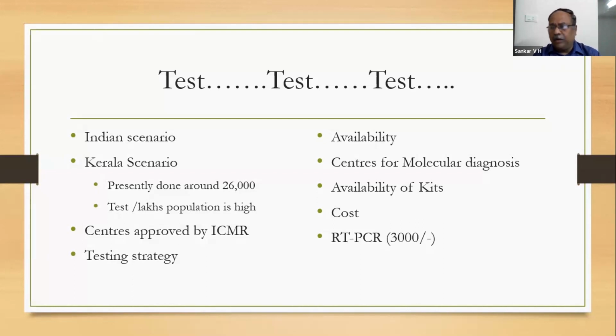Centers for molecular diagnosis, I already told you, are now available. And availability of kits is also a problem because kits are not freely available. They are actually coming through ICMR. So there are some limitations. Cost is also a big problem because an RT PCR kit costs 2,000 per test. It is a bare minimum test, I call it. If you are doing it in the private sector with all the other costs, like salary etc., it will definitely be more than that. Even just for consumables and basic things, somewhere around 2,500 to 3,000 will be the cost for an RT PCR test.